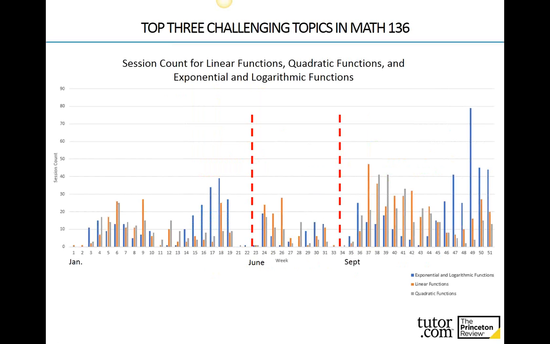And so stepping back, and I like the forest through the trees analysis, this is looking at linear functions, quadratics, and exponential across the entire semester. So imagine that kind of topic drill down that we just did with linear functions could be done with quadratics as well as exponential and logarithmic functions. Always diving in a little deeper to say, where are the areas that our students have the biggest struggle?